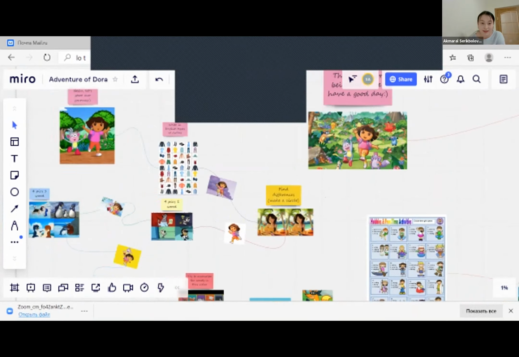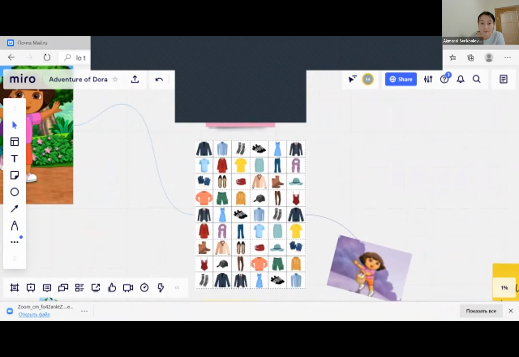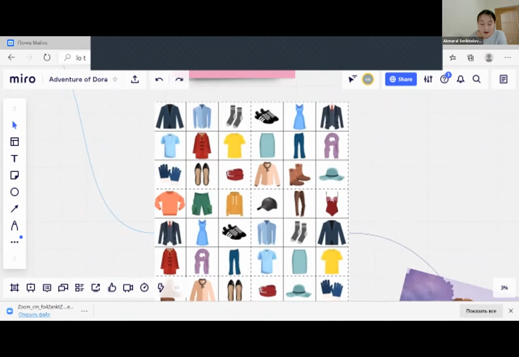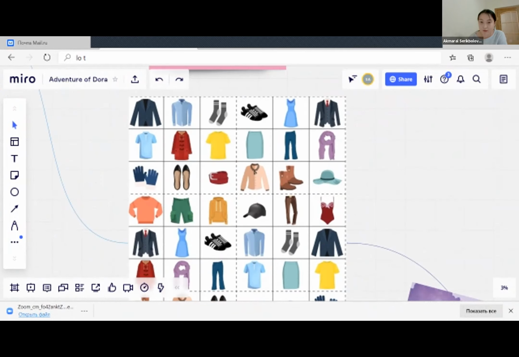We divided our board into 7 activities. Here you can see the first activity. In this section, learners will be able to find out how to refer to many different types of clothing in English and greatly grow memory.